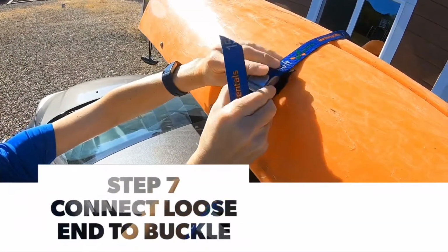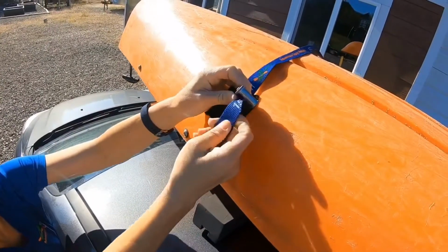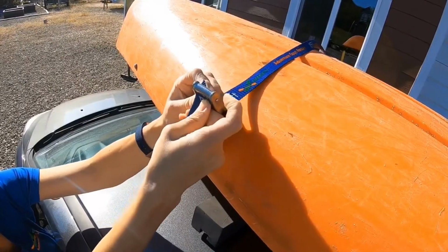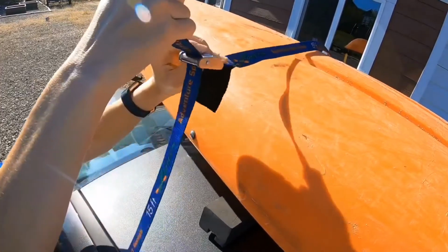This is done by grabbing the buckle with one hand, pressing down the lever, and with the other hand, lacing the loose end through the teeth of the buckle. After lacing it through the buckle, complete this step by pulling the loose end all the way through the buckle,